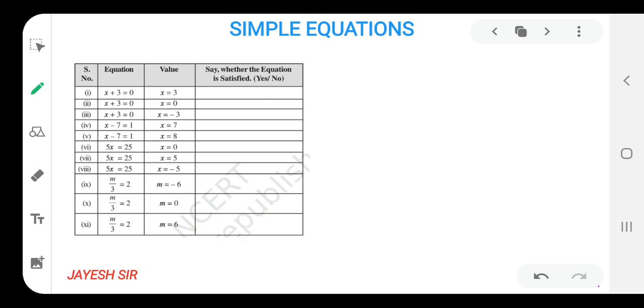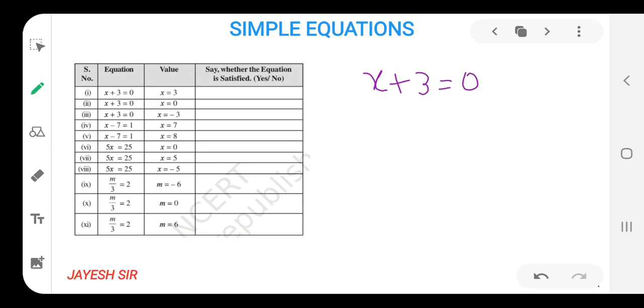So first question, here the equation is already given and we need to find whether the value given is correct or not, and say whether it satisfies or not. Here, instead of writing yes or no, I will tick for yes and cross it for no. Yes, friends. So let us begin with the first sum for the day, that is x plus 3 equals to